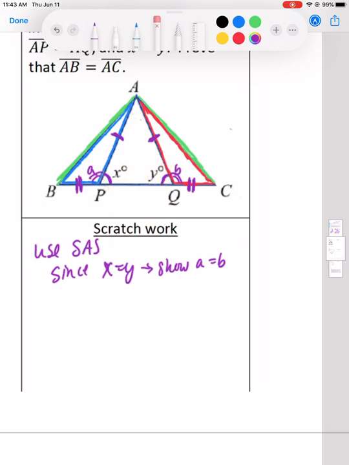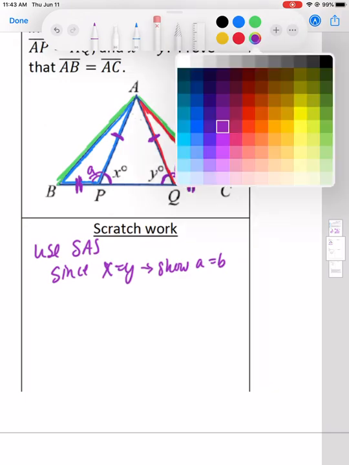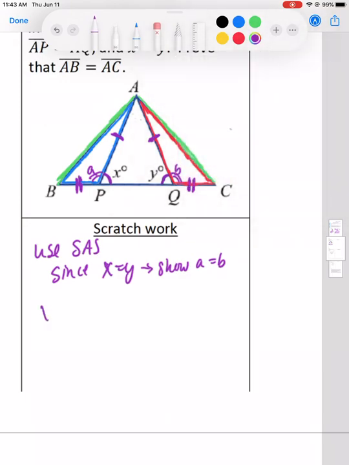So we'll erase that. Now let's go ahead and explore a couple ways to show that A equals B. We know that x, and see which one you like here. We know that x plus A is equal to 180 degrees. We also know that y plus B equals 180 degrees. And so if we set those equal to each other,